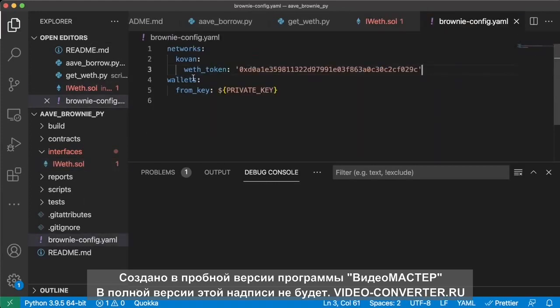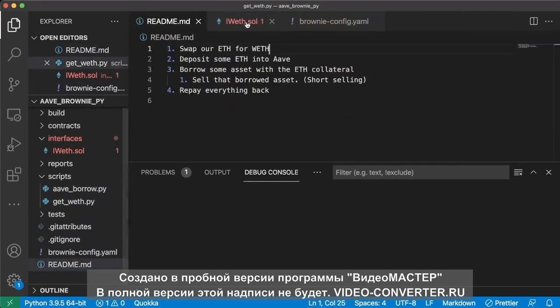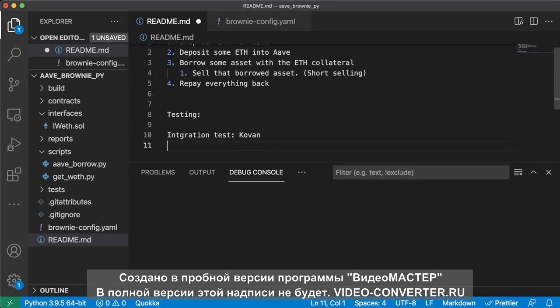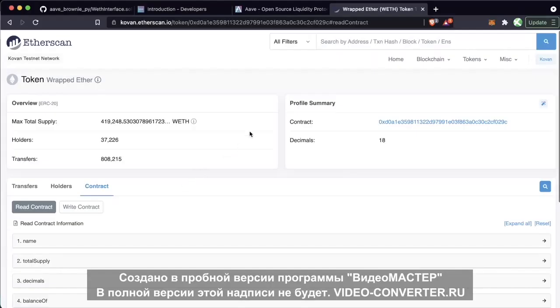Speaking of which, we probably are still going to want to test this locally. Now, since we've done some work with testing, we know that for testing, we can do our integration tests on Kovan, because there's an integration test there. But what about our local tests? Well, this is something good that we're thinking about right now. We know that Aave